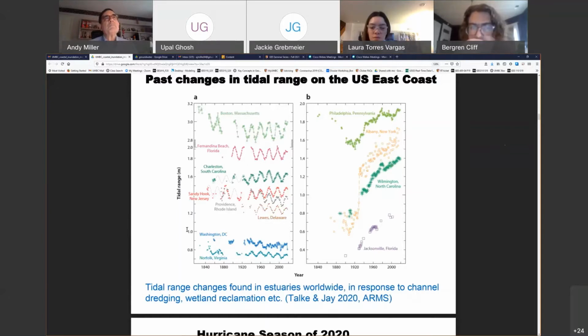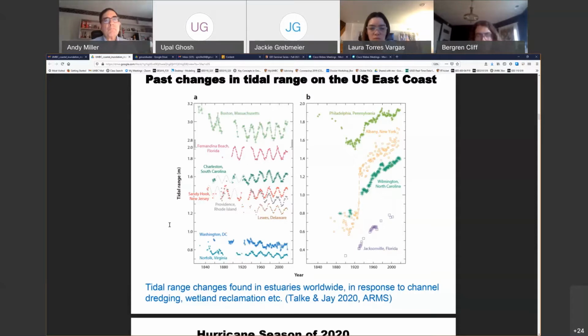This is believed to be associated with channel dredging that made the water deeper, and I will explain that more later in our model analysis. The same story holds in Albany, New York, and Wilmington, North Carolina. So channel dredging is going to affect the tides. You also notice that in Boston, Massachusetts, the tidal range actually decreased, but there was also some channel dredging and shoreline hardening. For reasons we don't quite understand, the tidal range decreased a little bit toward the later half